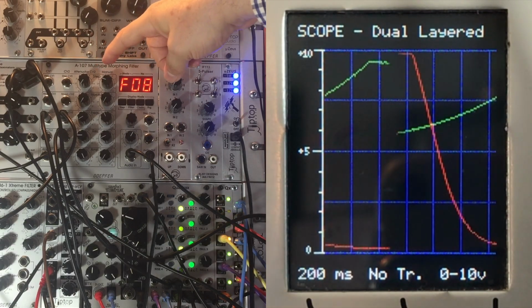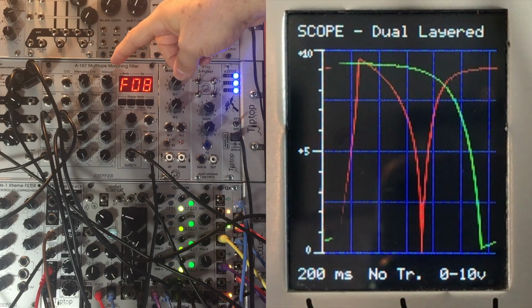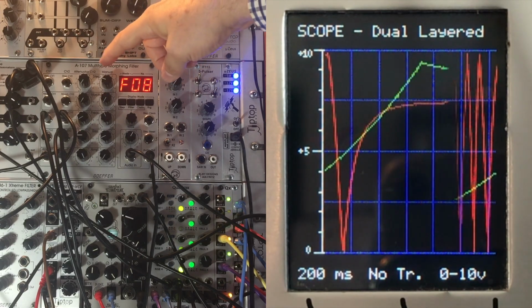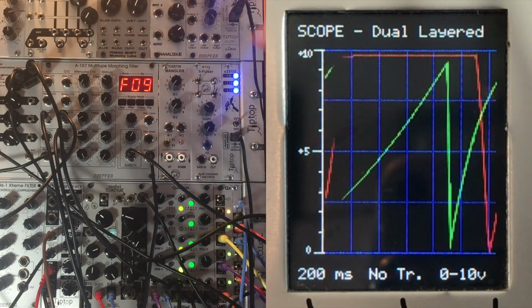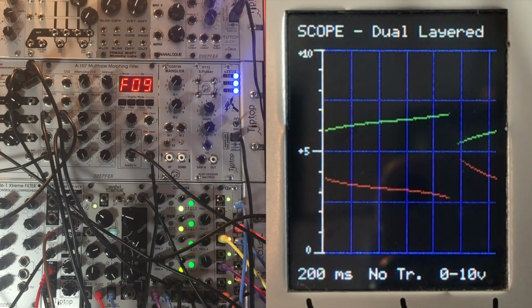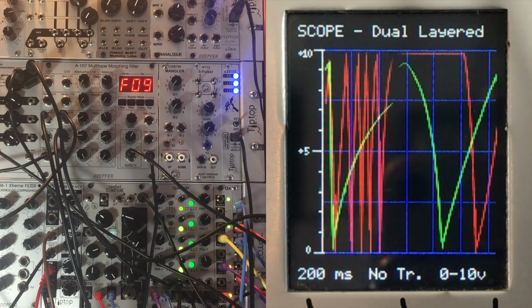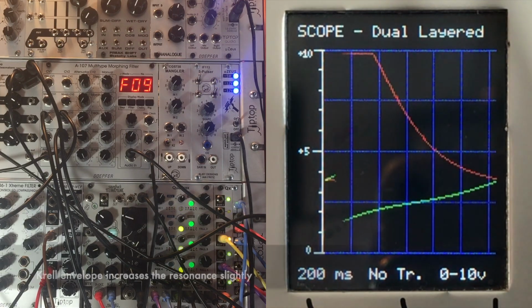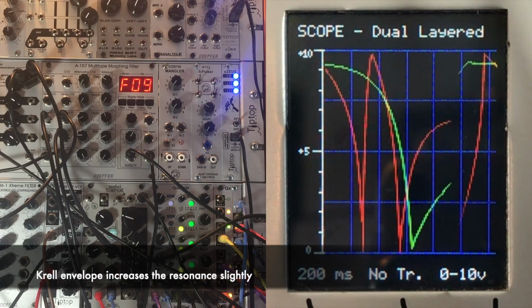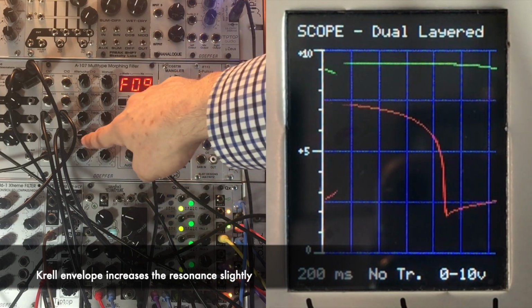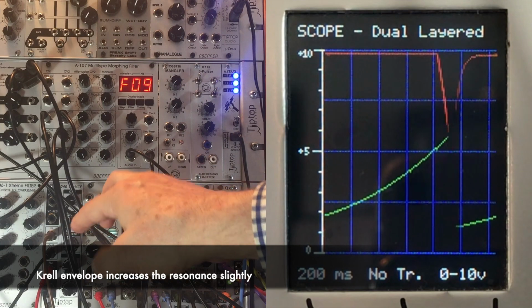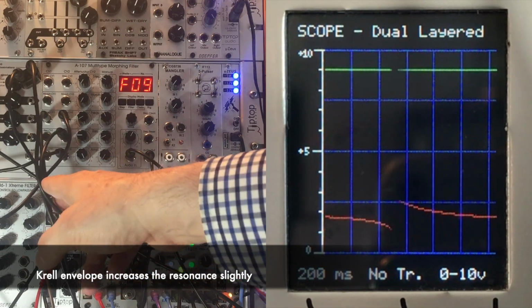Filter 8, an all pass and a band pass, so it's like two little bumps. Filter 9, which is like a big band pass separated by a notch in the middle, so it looks like a giant M. And then I'm modulating the resonance very, very slightly with CV from Maths channel 1, which is